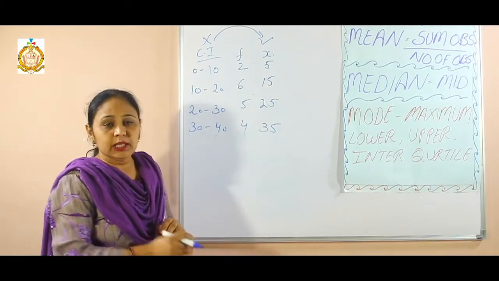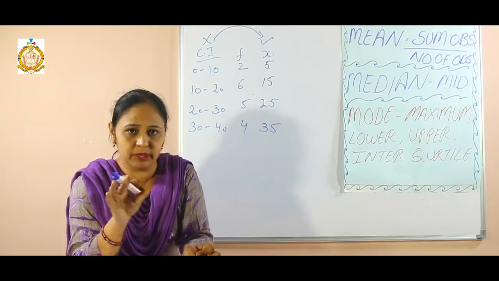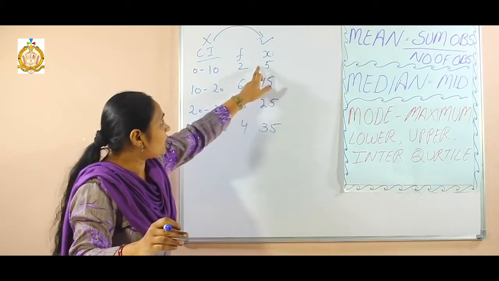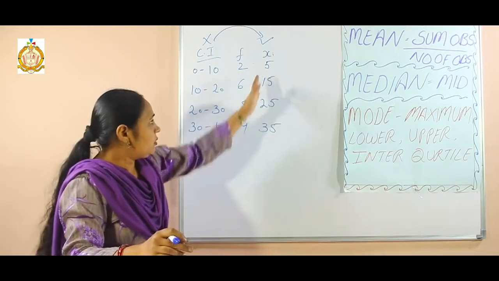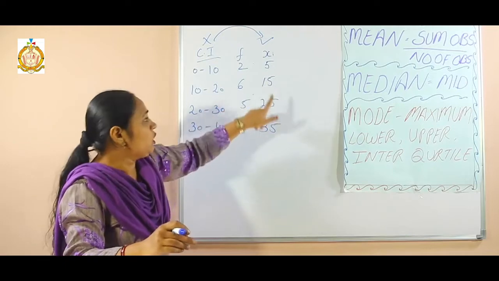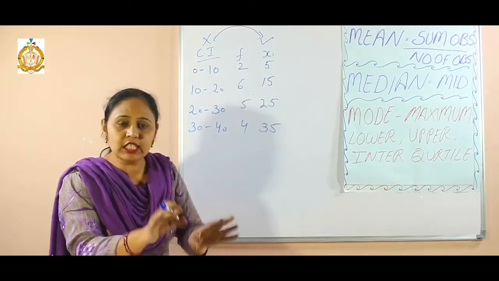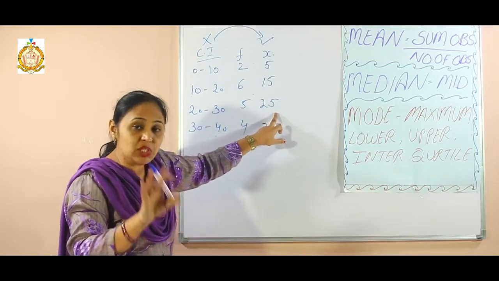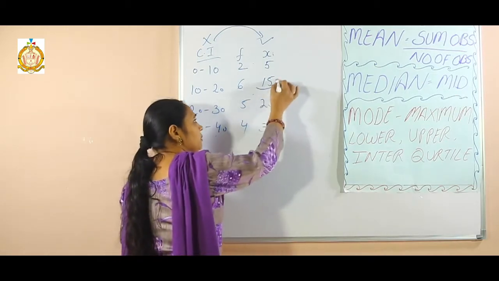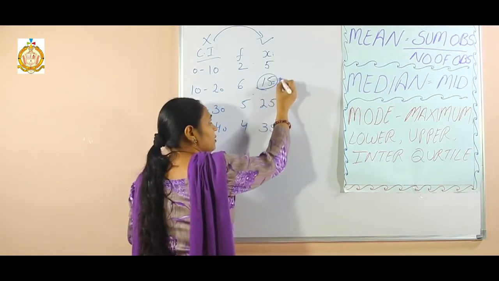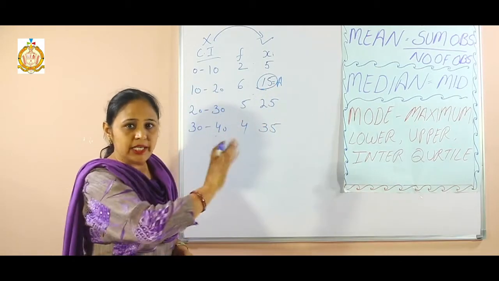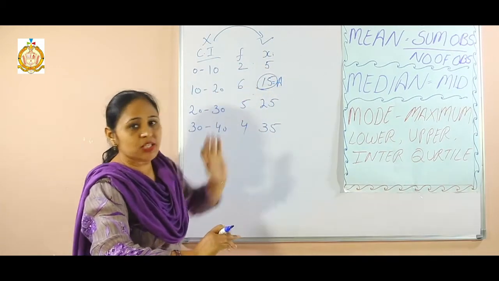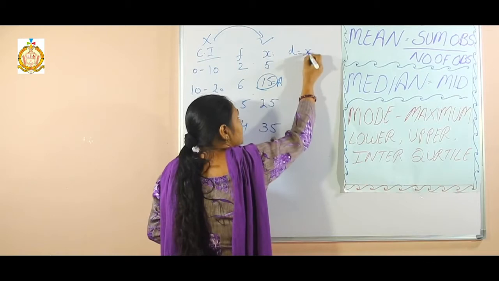Now assumed mean. That means I have to assume any number in my mind from these numbers. I can take any center value. Now there are 1, 2, 3, 4 values. There is no single center value, so I can take 15 or I can take 25, it's up to me. The answer will be the same. If you take 15 or if you assume the 25 number, the answer will be the same. I am taking this 15 number. I let it be A. This is called the assumed mean. I assume it. Okay, now what to do? From this, now a new number is going to come, that will be D, x minus A.